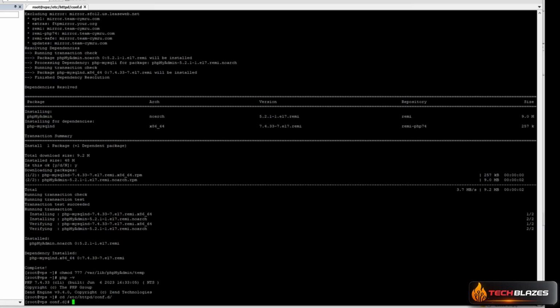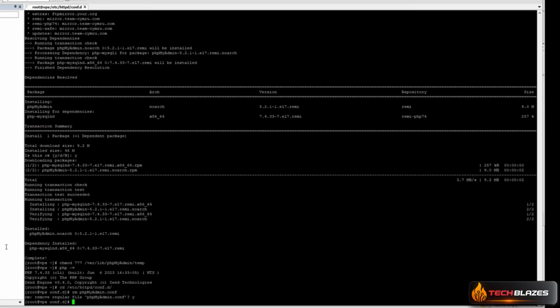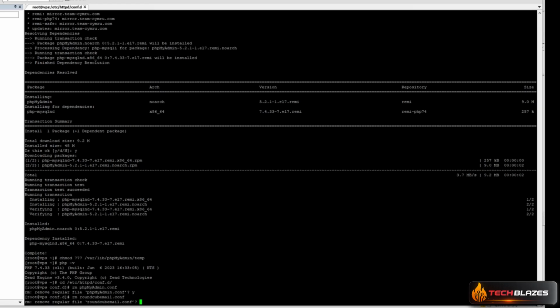Go to this directory and we will be remove, rm means remove, the file. When we install the phpMyAdmin, the previous configuration are overridden by a new file. So the old configuration are already backed up when you removing the phpMyAdmin. Let's remove, yes, and also for Roundcube, yes,